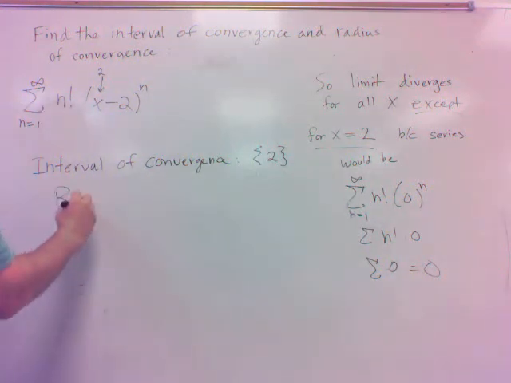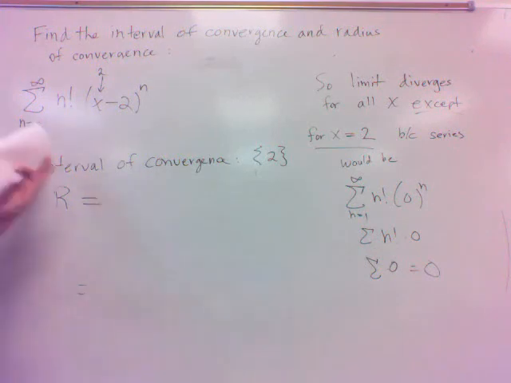The radius of convergence, what's the center of this thing? 2. The center is 2, and it goes nowhere on either side, so that's not much of a radius, is it? The radius would be 0. You were going to say 2? No, 2 would mean